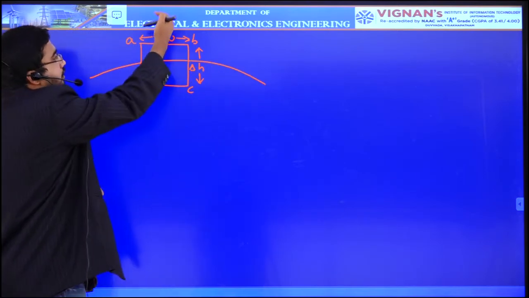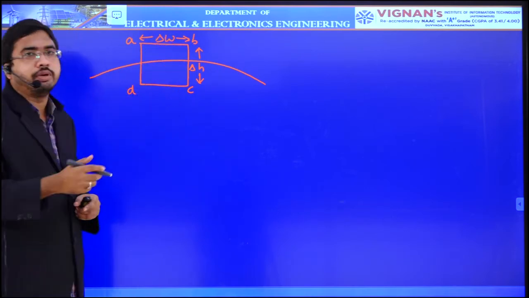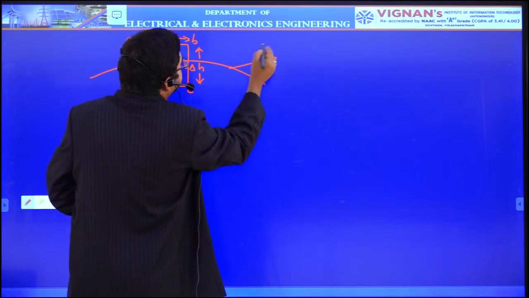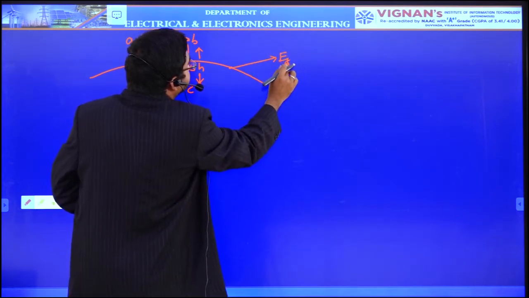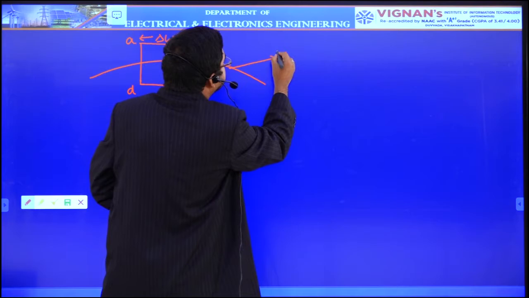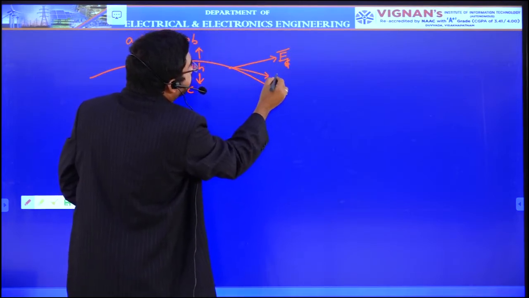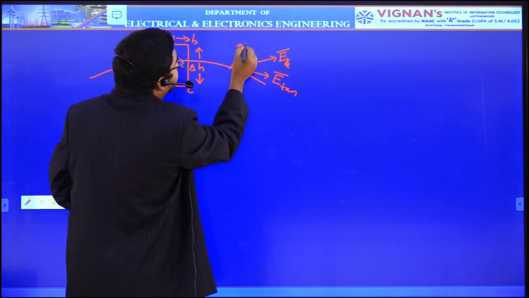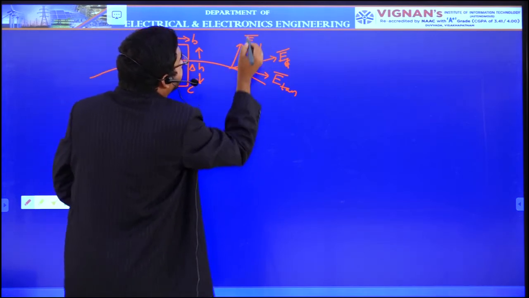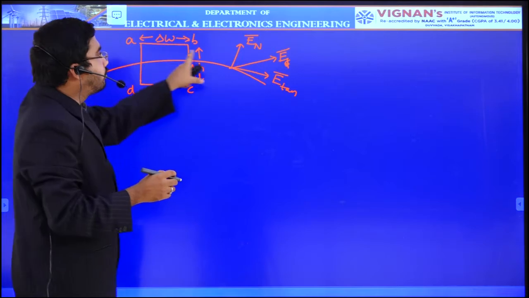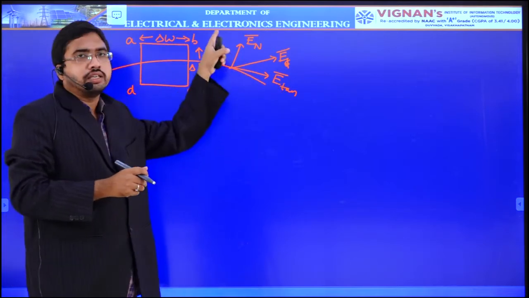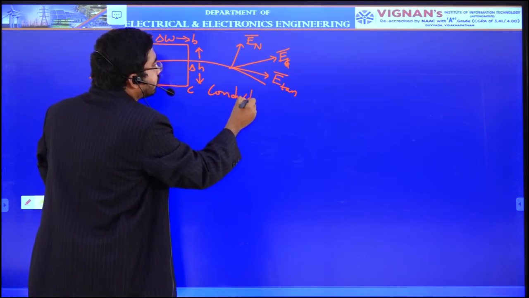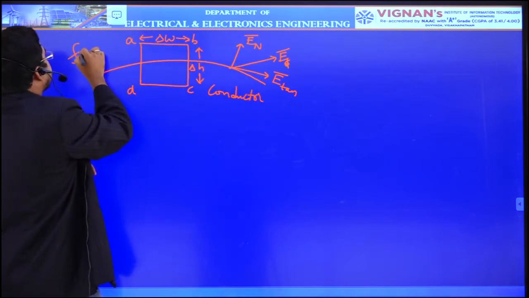Half of that is above the boundary and half is below the boundary. Your E bar has a tangential component E tan and a normal component En. So this is the assumption for finding electric field intensity E at the boundary, where this below one is your conductor